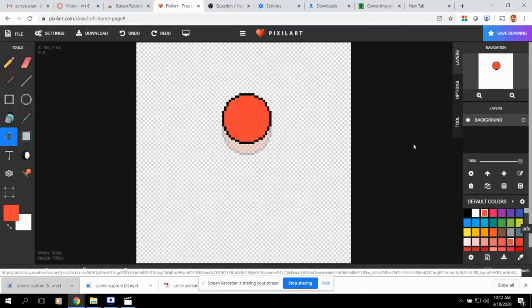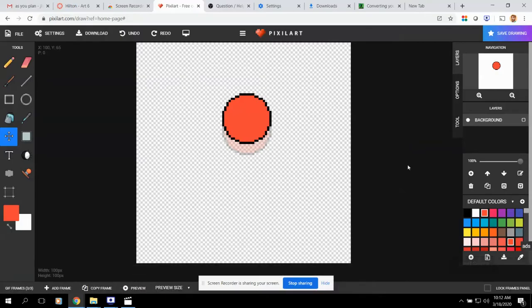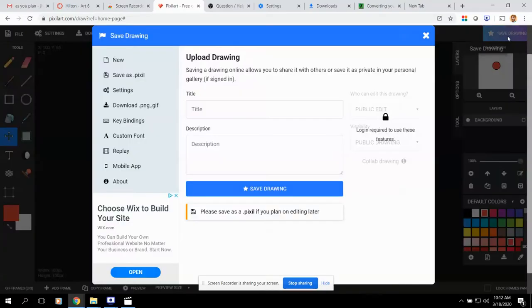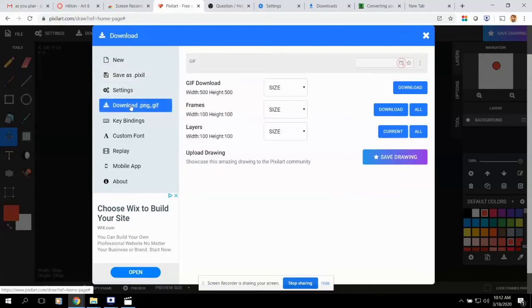So the same thing we've done before, whenever we saved our work so we can work on it later, we're going up here in the top right-hand corner of the screen where it says Save Drawing. Instead of hitting Save As .pixel this time, we're going to click Download .png.gif. So our primary concern is this up here. If you have one frame of animation, it looks a little bit different, and I'll go through that in just a second. For our purposes, up here where it says GIF download,